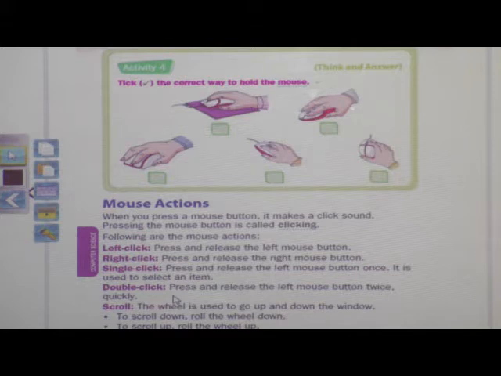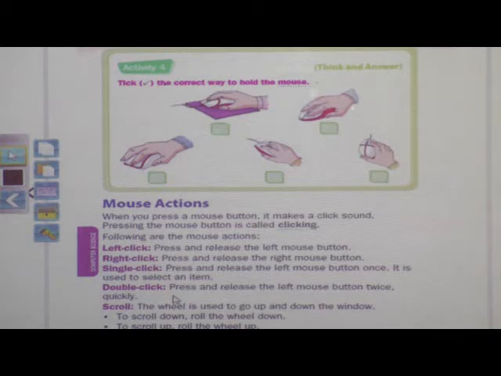Single click is to press and release the left mouse button once. It is used to select an item, such as a folder or notepad.